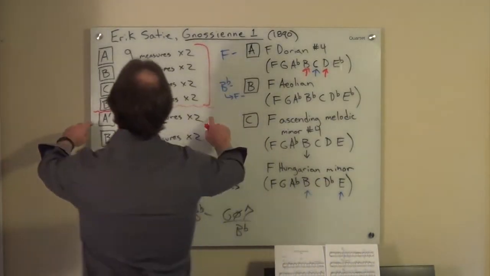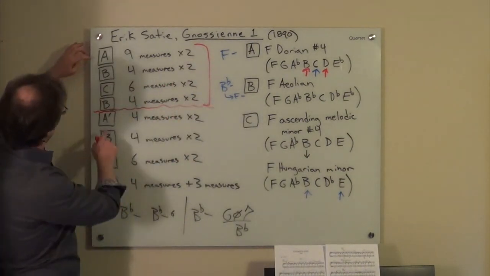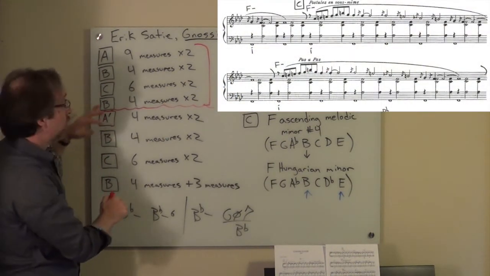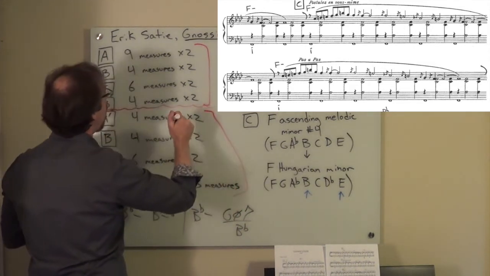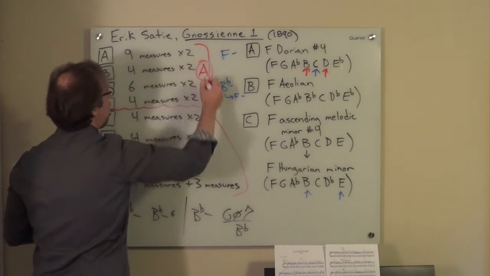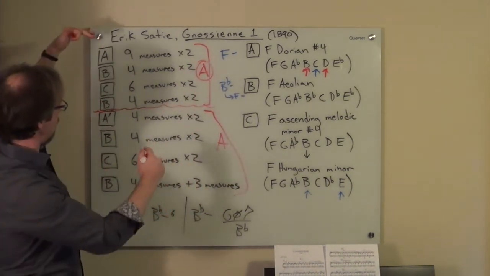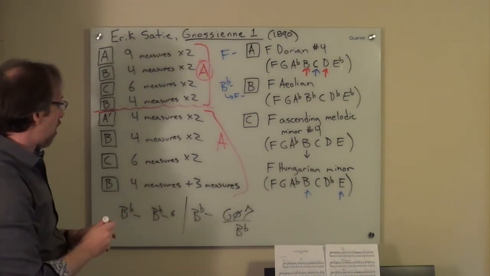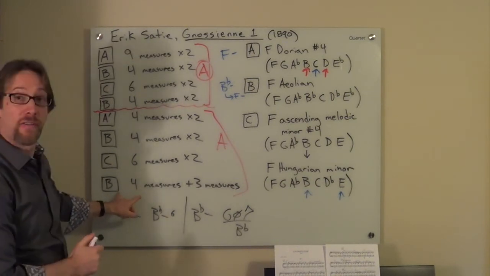So we have our A abbreviated. And then you'll notice A, B, C, B. So we have 2 large sections. It's almost like another big, large binary. So we could say on the meta level, A, A. We do it again. We're repeating all those sections. The only thing that's worth really noting that's a little bit different is that our final B